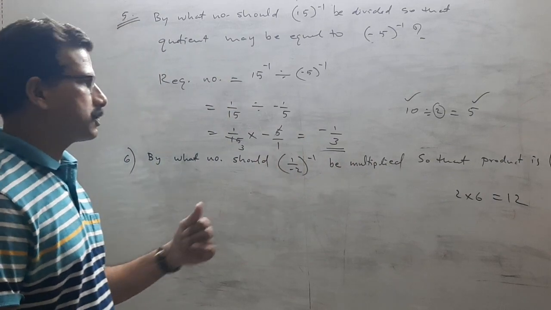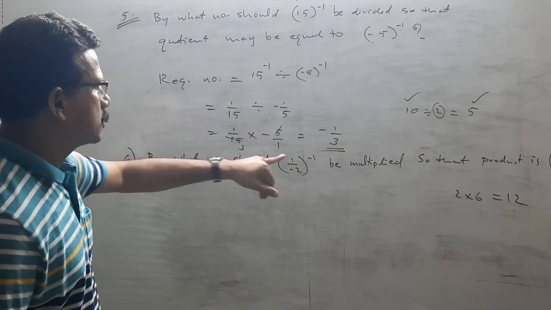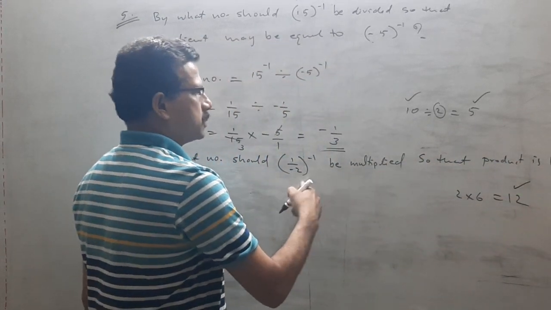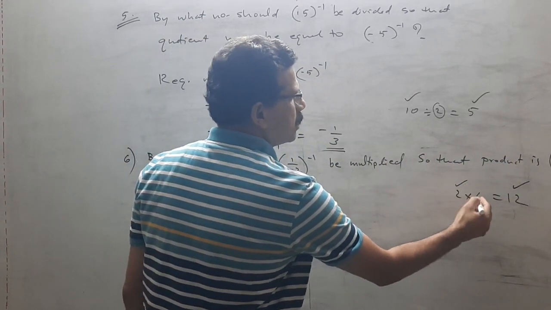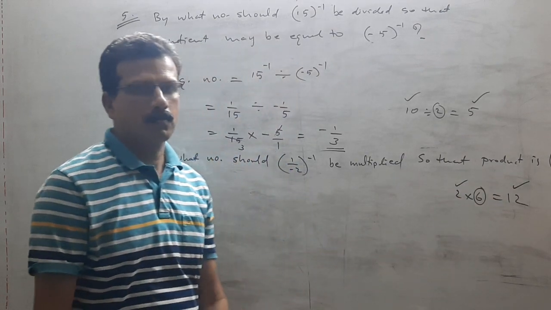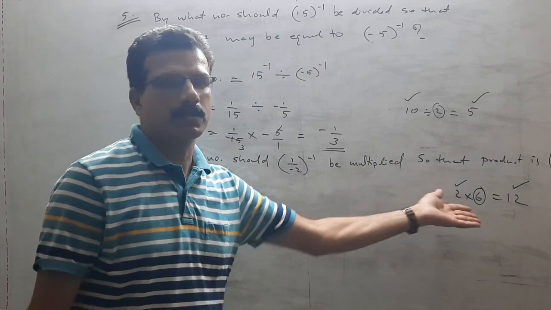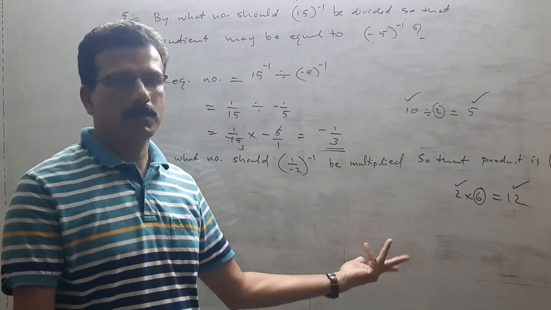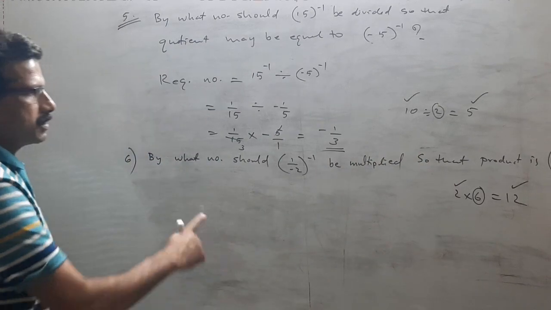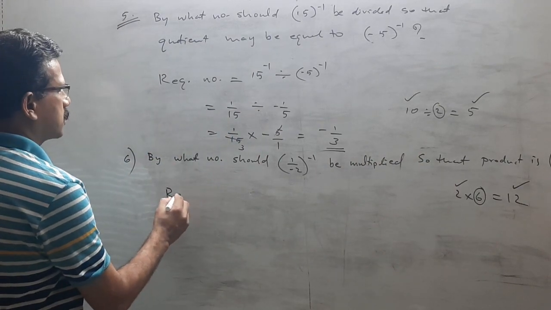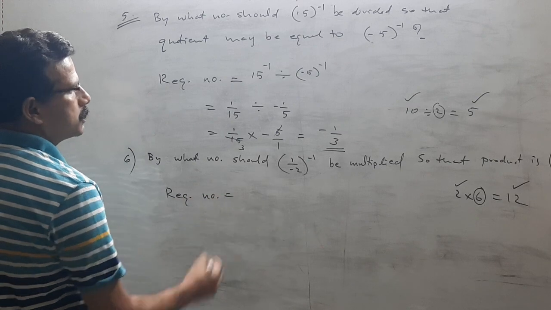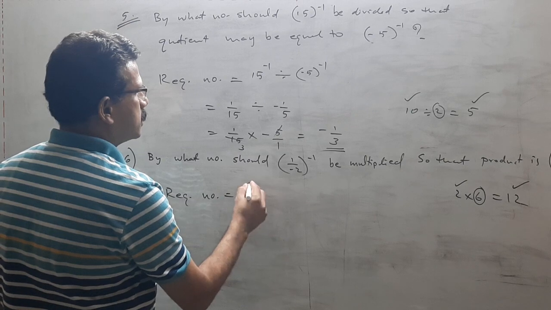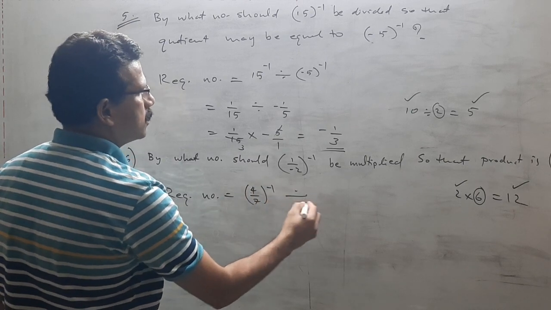Now compare it with our question. Simple logic. By what number should this be multiplied to get a product? So the product is there, 12 is there. By which number should this be multiplied? So among these, one is missing. Suppose one of these numbers is missing, the product of two numbers is 12, and one number is there. So there is no need of any variable x and all. Simply we can say one number is there, the product is there, so the second, required number equals 12 by 2, 6. Product divided by 4 upon 7 to the power minus 1 divided by,